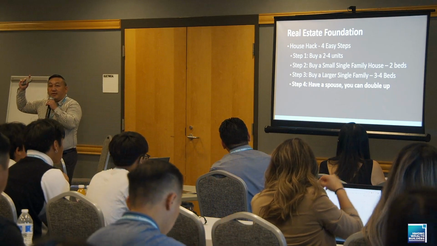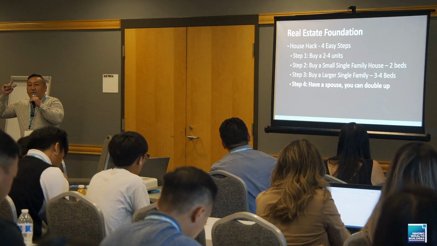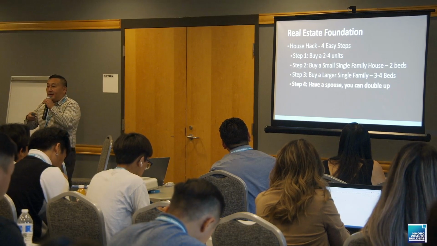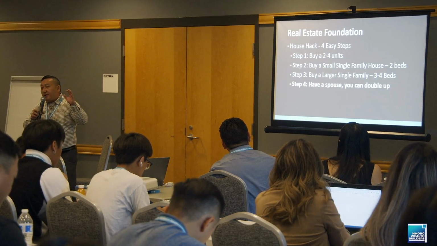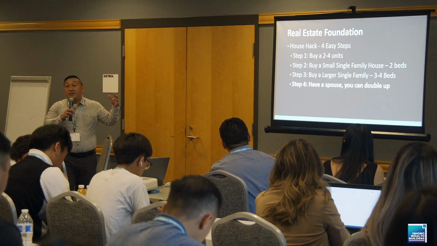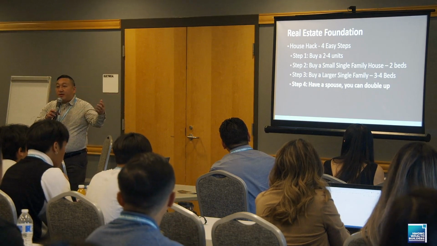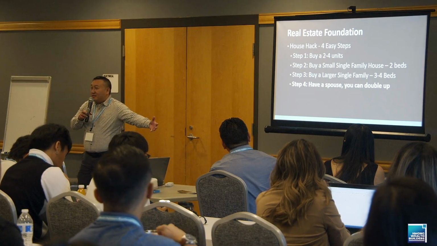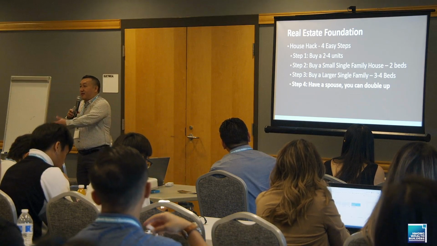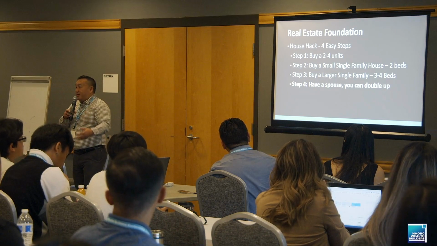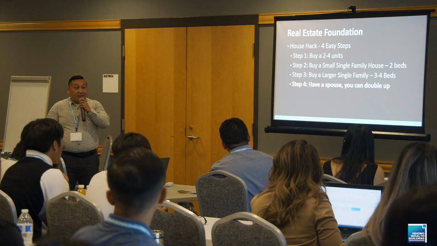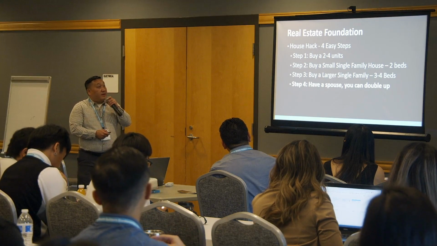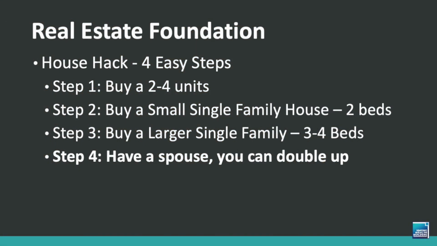All right, good. So basically, House Hack, you either purchase 2 to 4 units. It works better with 2 to 4 units, but for the single people out there, you could purchase a single family home and just rent the rooms out, right? If you're going to college, purchase a single family home. Rent the other units out to your roommates, right? So yeah, you start by buying a 2 to 4 units.